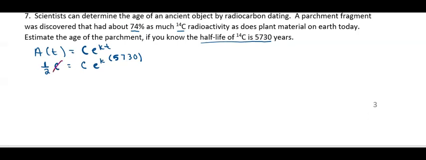So if we divide both sides by C, these will cancel. And then we'll be left with 1/2 equals e to the 5,730k. To cancel our exponent with the variable, we can use our natural log. The natural log and the e cancel, so that'll leave us with the natural log of 1/2 is equal to 5,730k. So we'll divide both sides by the 5,730, and it looks like k will be about negative